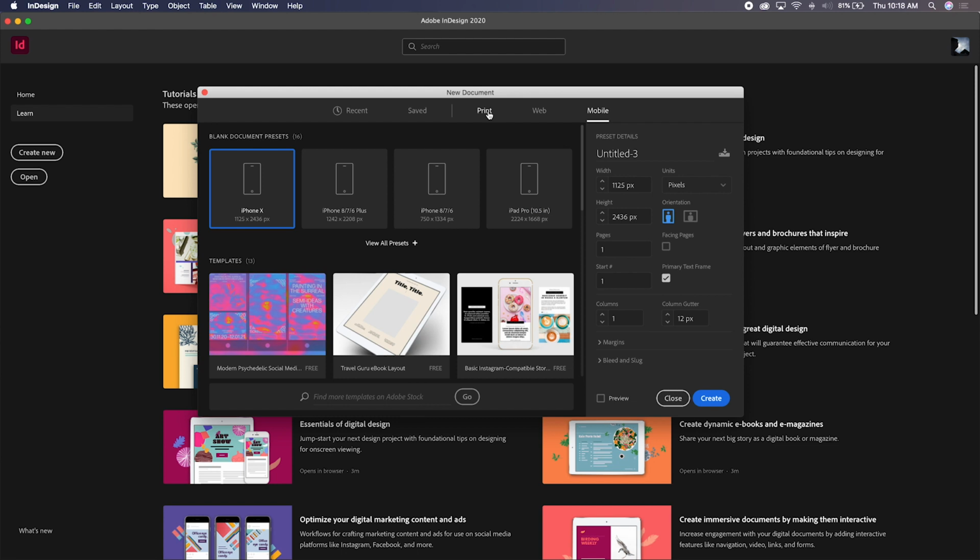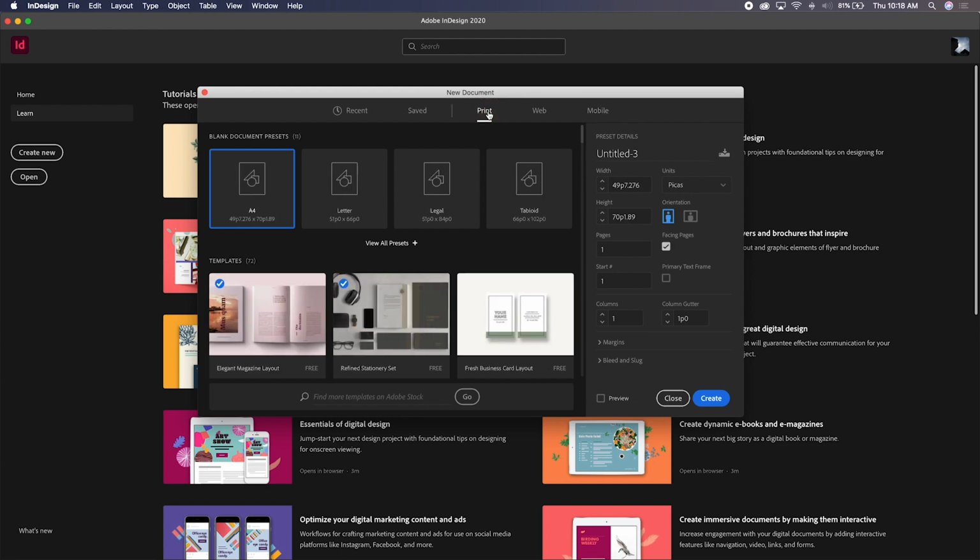If I do want to use something pretty common, say I wanted to use a print document, I wanted to do letter size paper, which is 8.5 by 11 inches. If I go here, I don't see 8.5 by 11 because this unit is not in inches. Now, we could change this unit, but it's important that if you're going to be working in a program like this, you don't just rely on the inches. It's really important to get familiar with this right here, and this is called picas. Now, picas are a unit that we use to measure type,